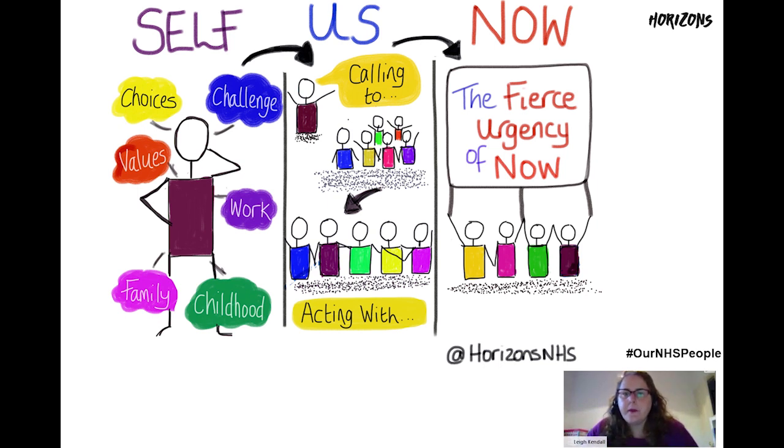And we need to look at the fierce urgency of now. So why do we need this to happen now? What are our calls to action? What do we want people to do? Why is it really important that we need to do this? So when you're sending your tweets on social media and sharing content on social media, thinking about why you are doing it, what you want people to do as a result of that. What is your narrative? What is your ask?